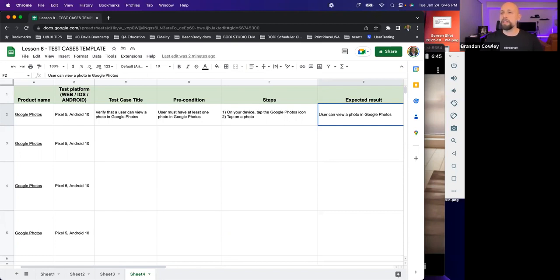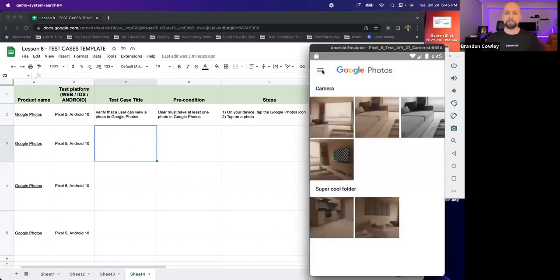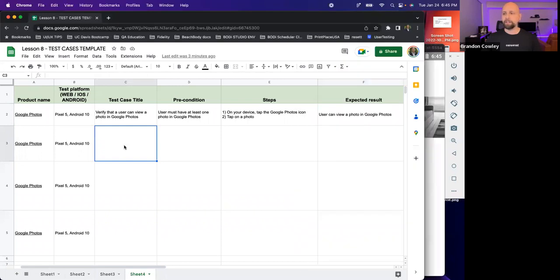But when you're writing a bug report, we'll go into how you would write one. The bug report will be very specific to an issue that you found or an inconsistency that you've discovered. So let's do a couple of these and just make sure everybody understands the flow. You all seem very bright, so I think this will be very easy for us to do. Let's think of something else that's very easy to accomplish within Google Photos. And that would be, you know what, Kelsey? Let's take it.